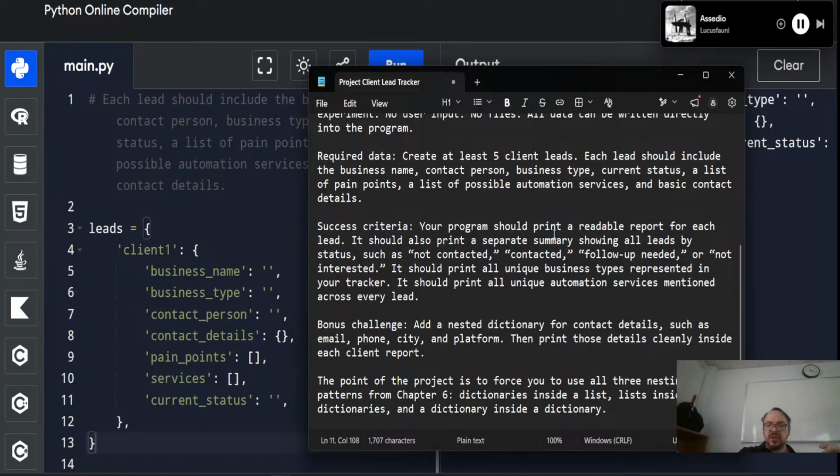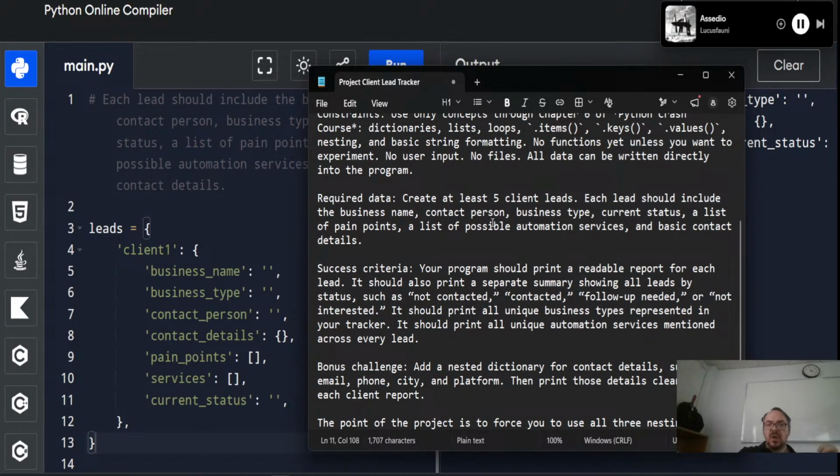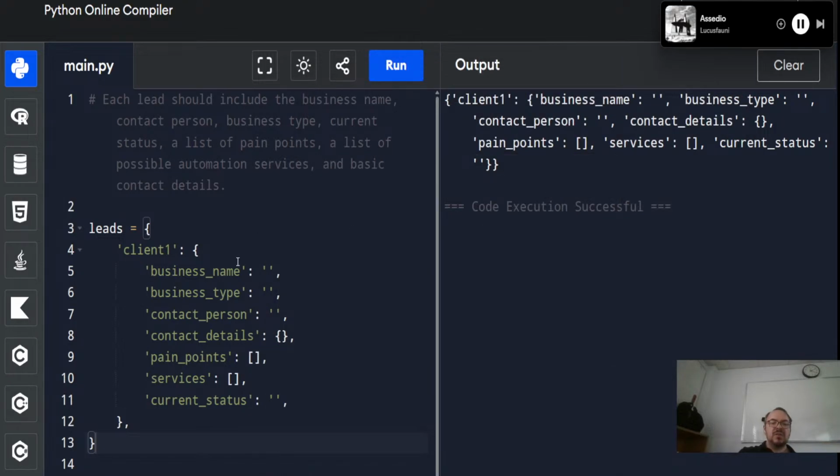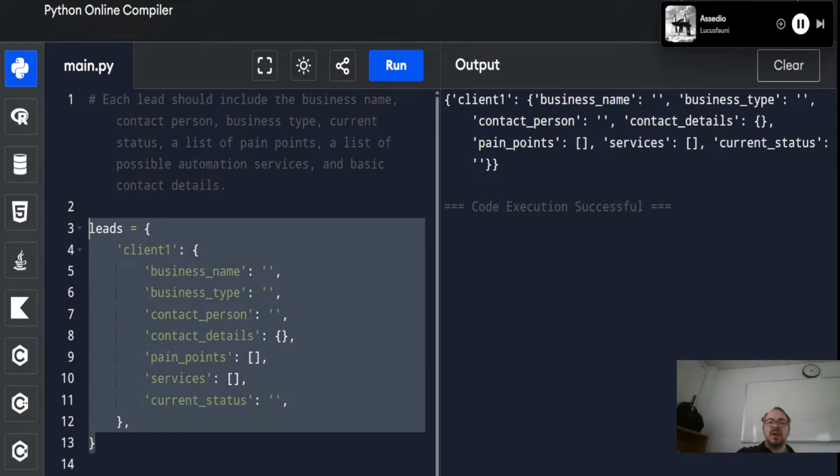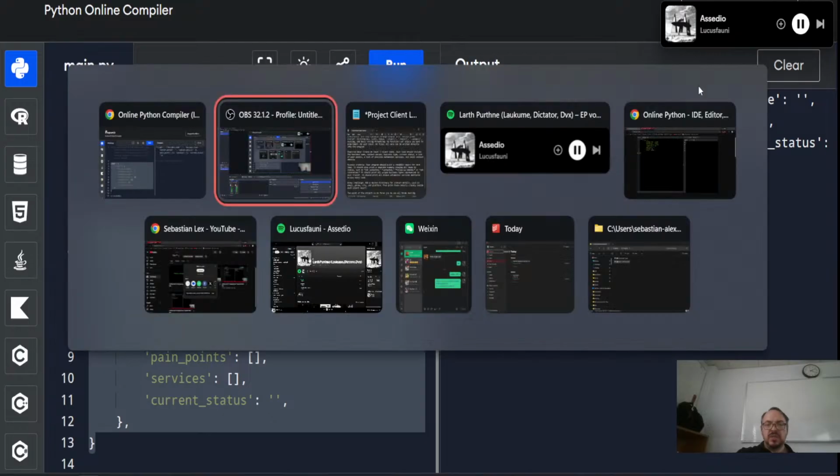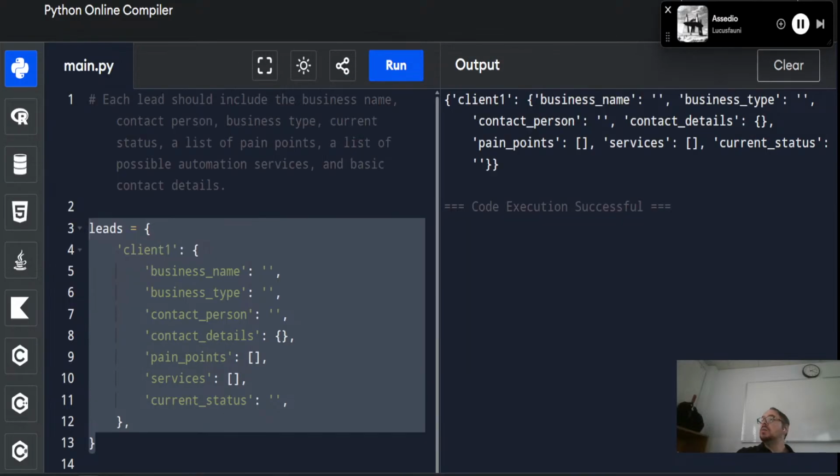So success criteria. Well, we want 5 client leads, right? All right. I'm not going to sit here being creative trying to make stuff up. Now that I have this, I'm going to have GPT generate the